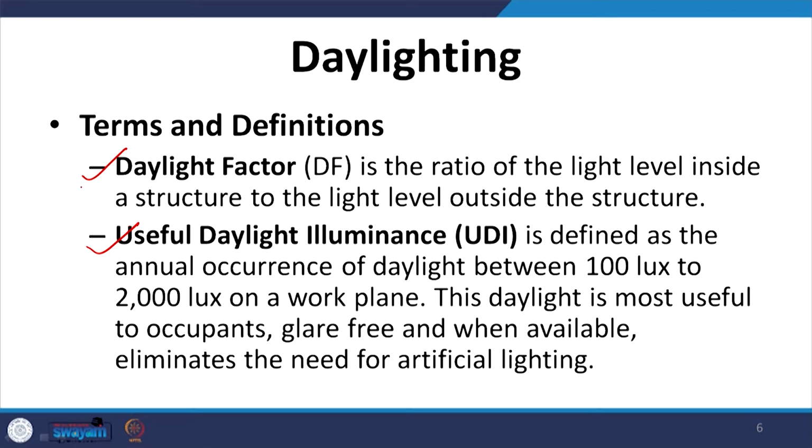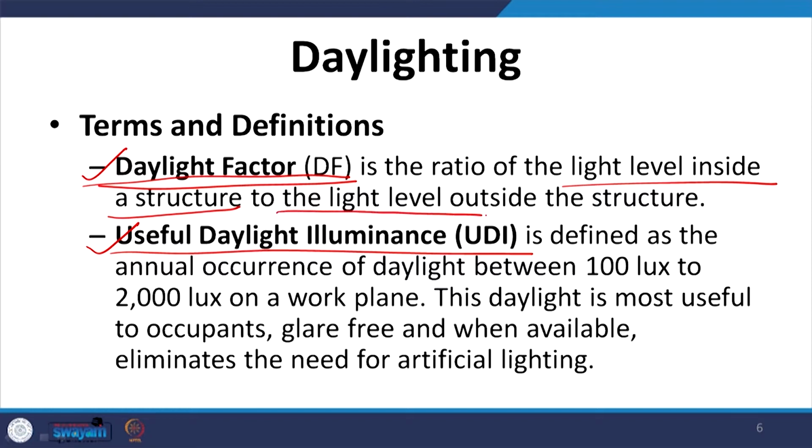A couple of years back, daylight factor was the most commonly used terminology. However, gradually UDI is becoming more popular. Daylight factor is actually the ratio of the light level inside a structure indoors to the light level outside the structure, that is outdoors. So, daylight factor is just a ratio, while